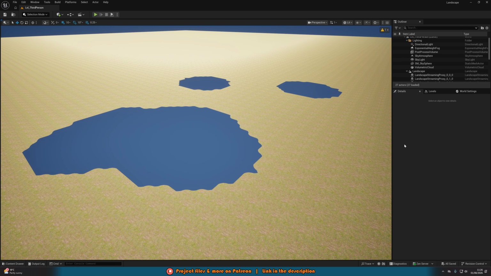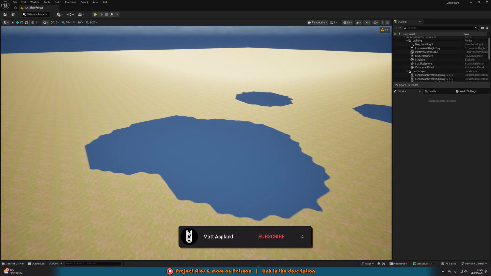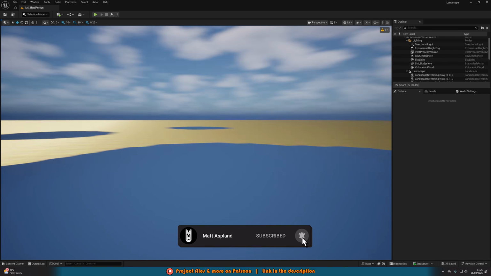Here's how to cut holes in your landscape in Unreal Engine 5. So this is going to be quite a quick video as this is actually incredibly easy to do, but quite a few people have reached out to me asking how to actually efficiently cut holes in your landscape so that you could make a cave, for example, or anything in which you'd want an actual physical hole going through your